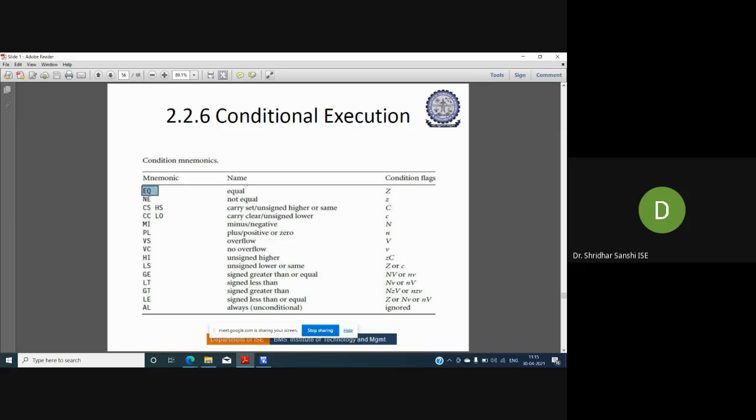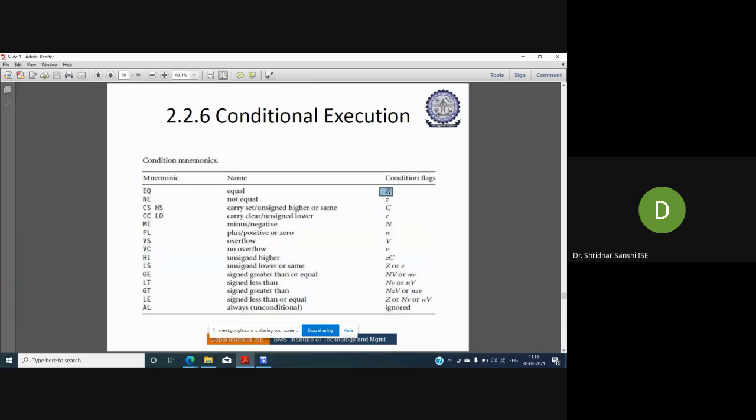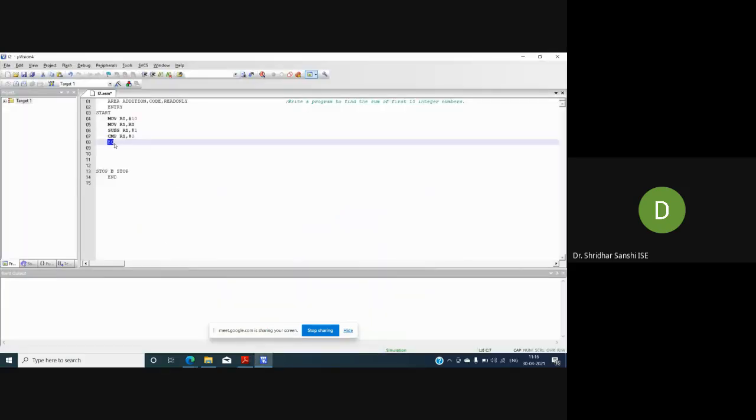EQ means equal, if the value of a flag is set. Which flag? I'm talking about the Z flag here. Capital Z indicates it is 1, small z indicates it is 0. So I'm checking whether EQ, it means whether Z is 1.